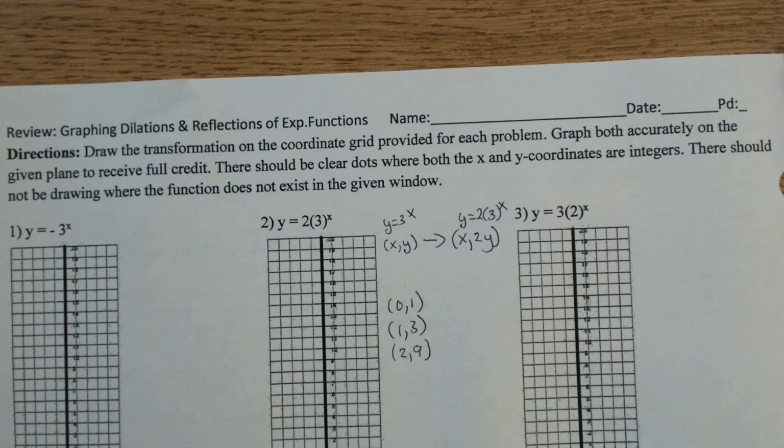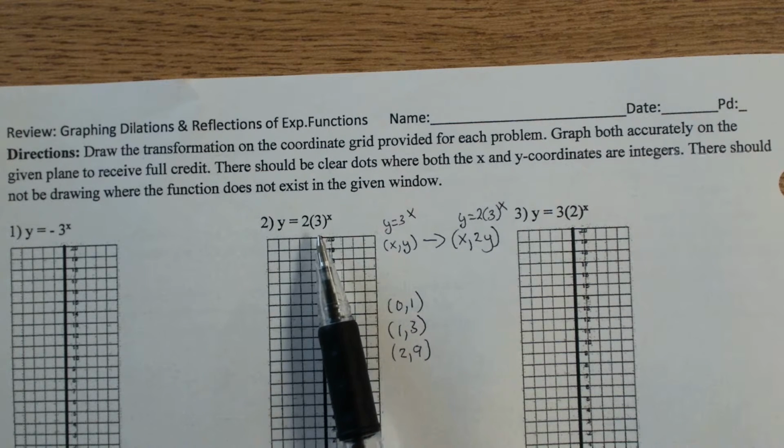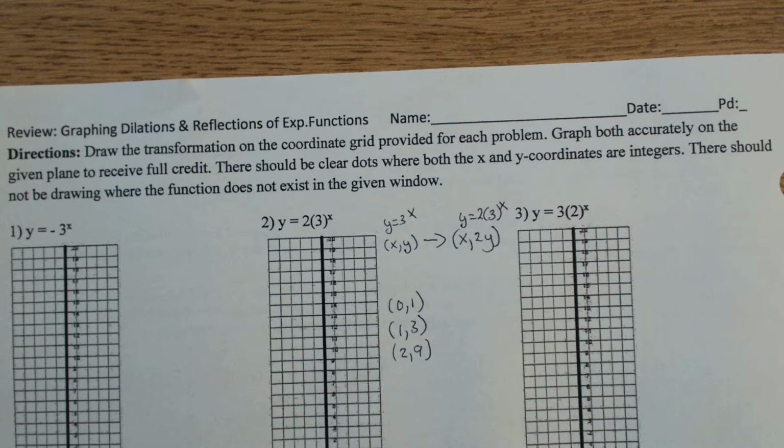Okay, so the purpose of this video is to go over the review for dilating and reflecting exponential graphs. So I'll go through one of the typical examples here with you to make sure you understand. So I'm doing the one in the middle of the paper here. Y equals 2(3^x). Okay, so this kind of combines two topics we've learned about: exponential graphs and transformations that we learned about earlier in